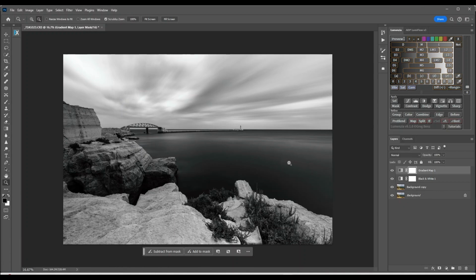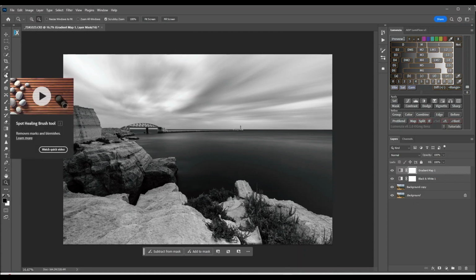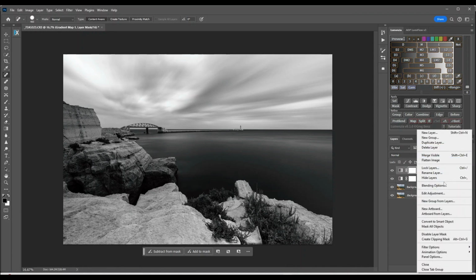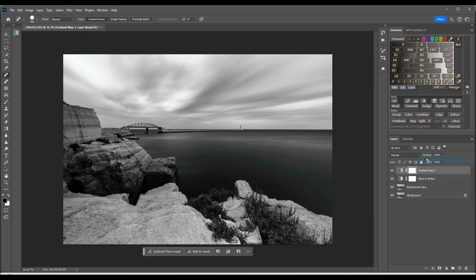I think I have a dust spot here. I'm going to remove it with the spot healing brush. Increase it by the bracket. And there we are. Now what I usually do, I'm gonna flatten the image. Make another duplicate background. And then I'm gonna take it back over